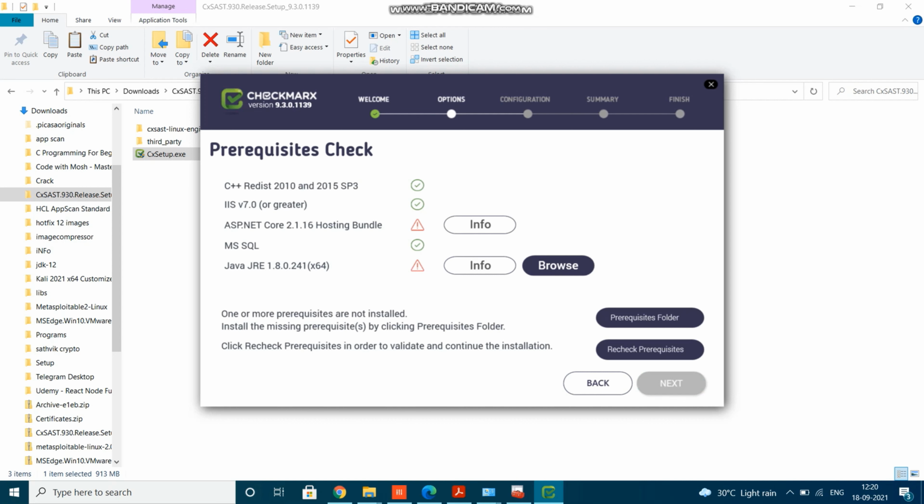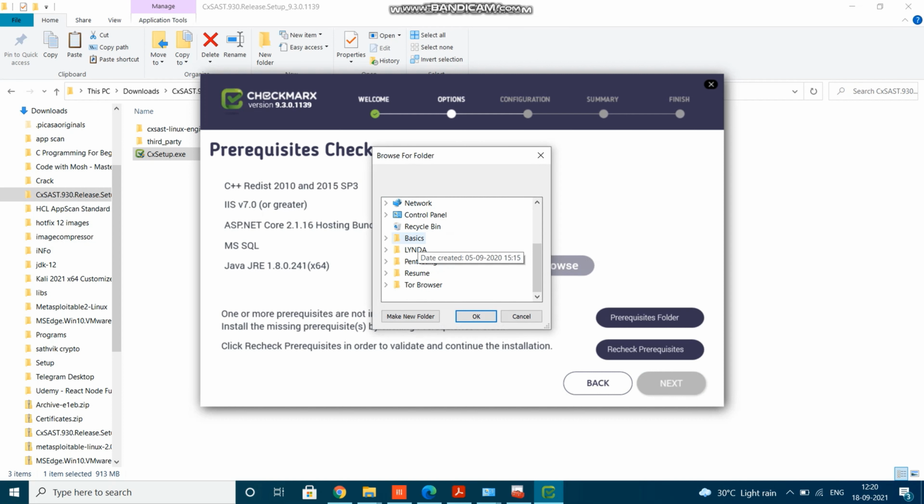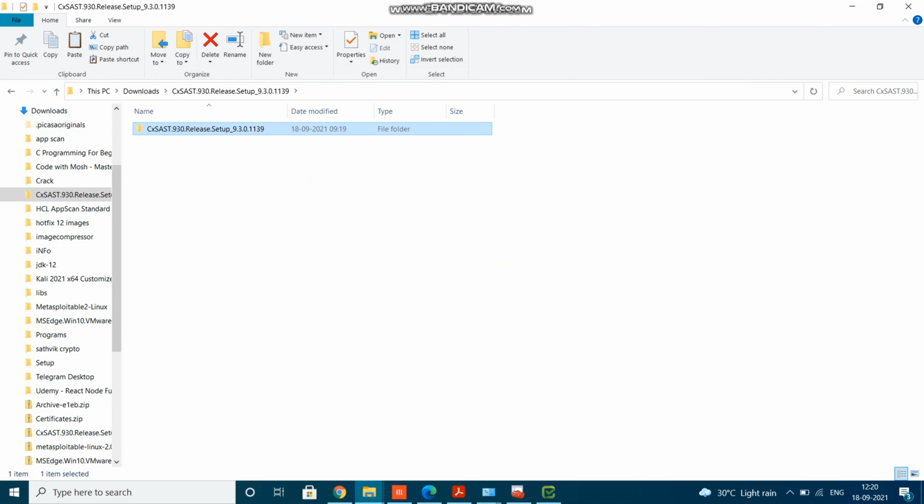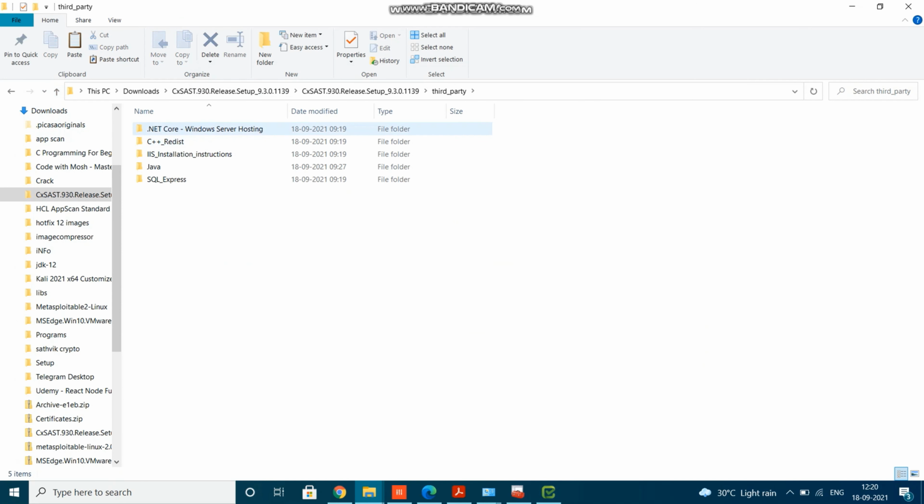Now if you see here, two of the three prerequisites are missing. So I'll go to the third party folder and try to reinstall them. In the JRE, I'm going to define the path of the Java JRE where I placed it in the C drive. So C drive, program files, Java, and I need to select that folder. So OpenJDK 308 JRE.